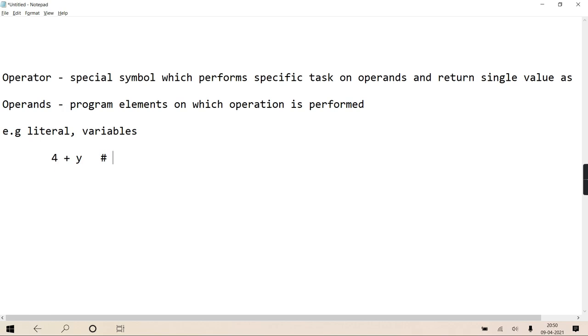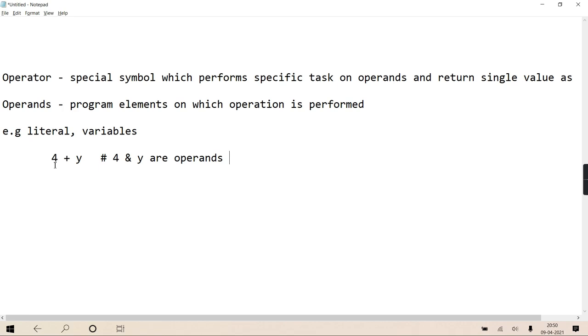Here 4 and y are operands because those are the program elements on which the operation is going to take place. These are the two participants for doing that operation.